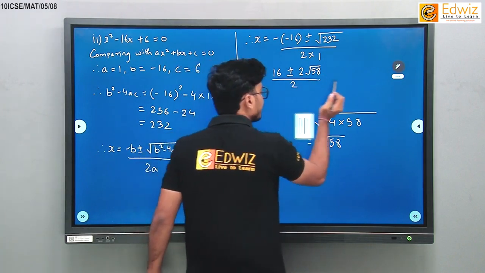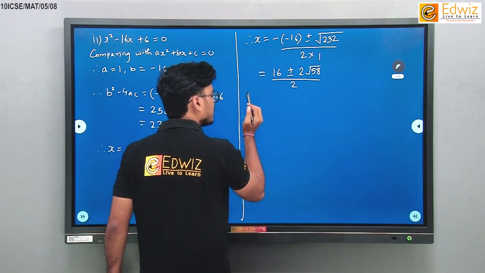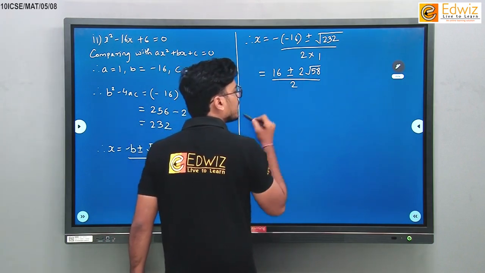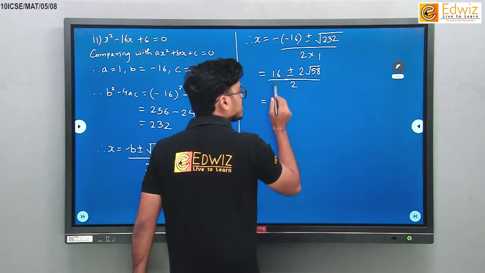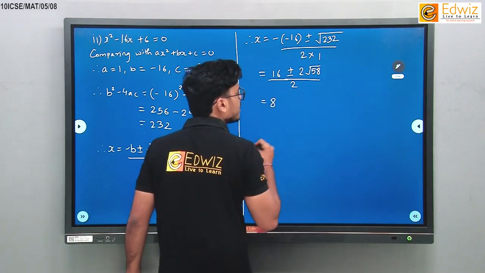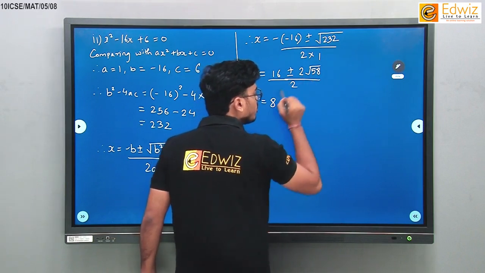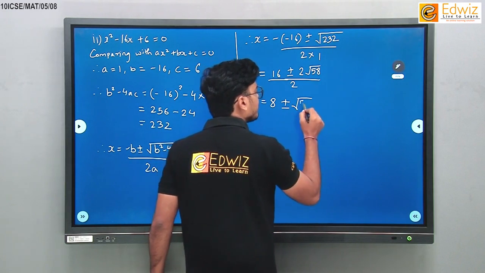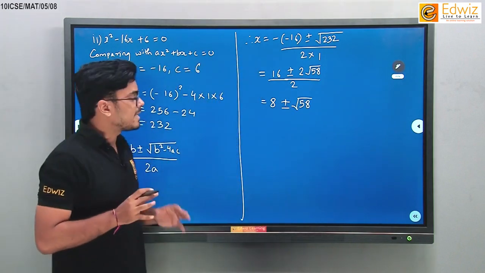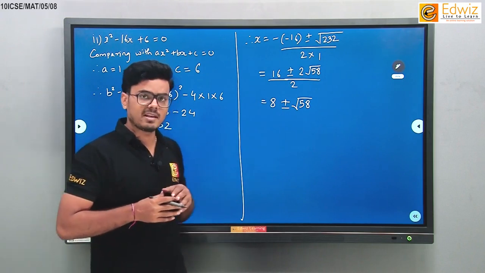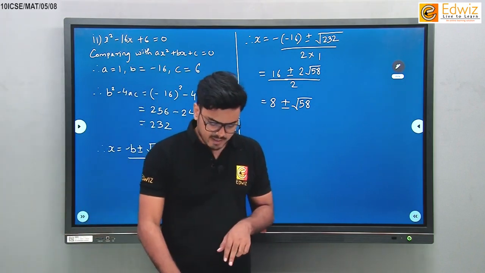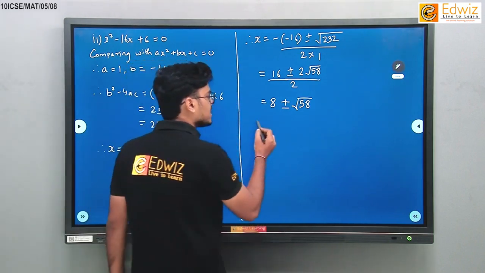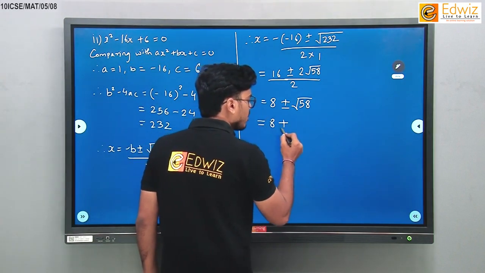Let us further simplify it a little bit, which will make the problem a little more simple. We can divide this 16 and 2 root 58 by 2 directly in this step itself. So 16 divided by 2 is 8. Okay, then plus or minus 2 root 58 divided by 2. 2 and 2 will get cancelled. Only root 58 will be left here. Now let us look at the table and find out the value of root 58. Root 58 from the table you can see it is 7.616. Okay, so this is equal to 8 plus or minus